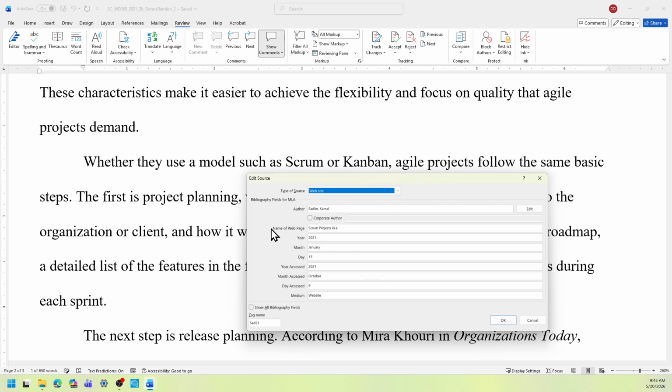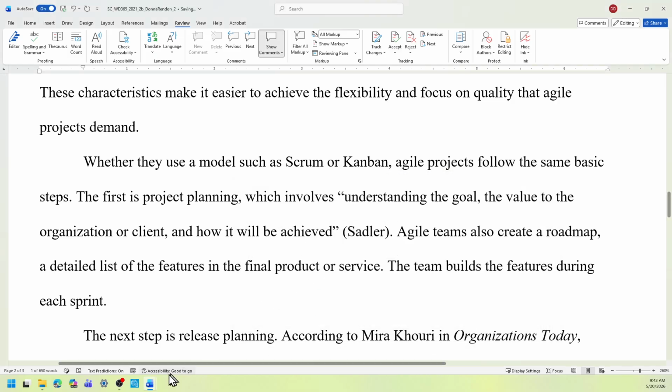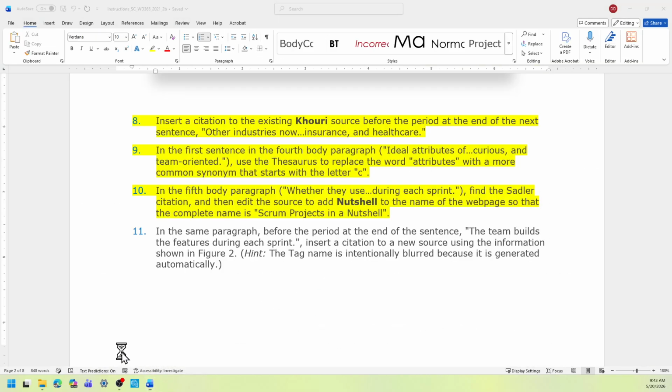As you can see here, the name of the web page is incomplete. You're going to add the word nutshell to Scrum Projects in a. So you're going to add the word nutshell. Okay, NUTSHELL, capital N. You select OK. That's it for that instruction.